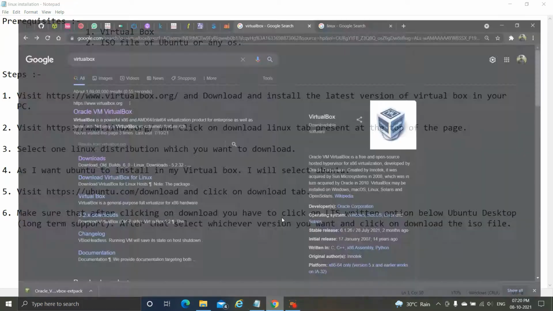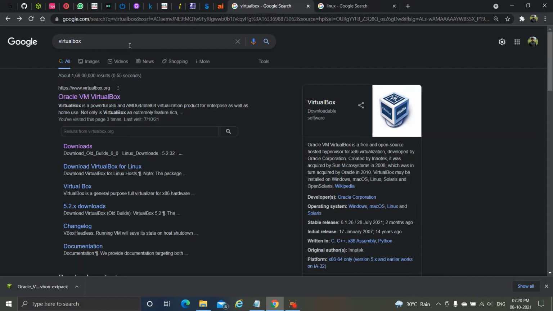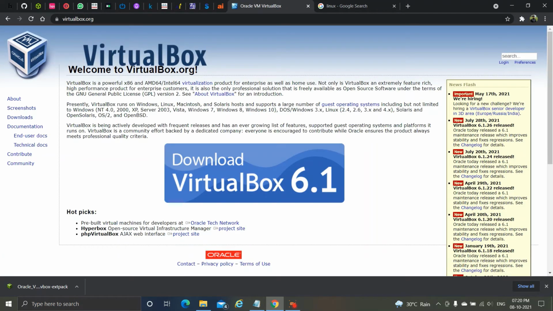So let's go to our browser, and I have just entered VirtualBox here and visit the first site you see on the net. Let's visit it, and after visiting it, click on Download VirtualBox 6.1.